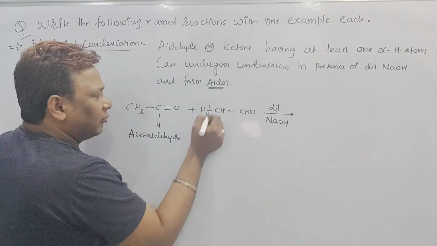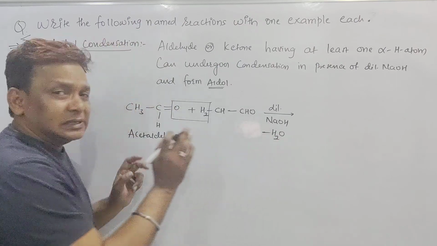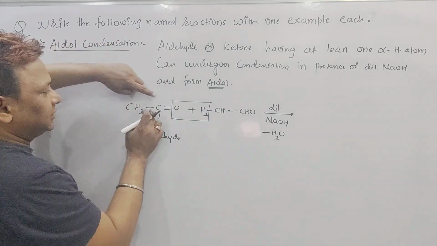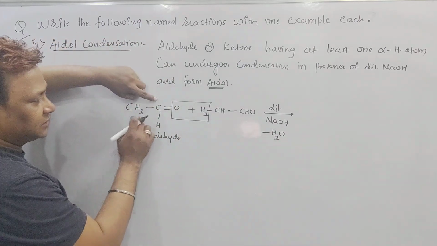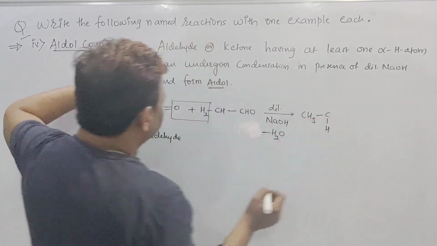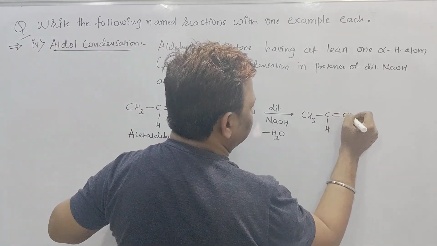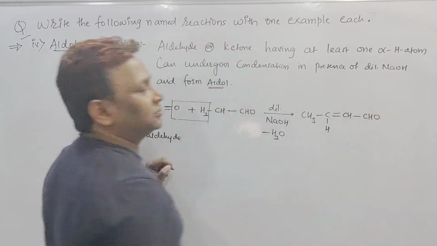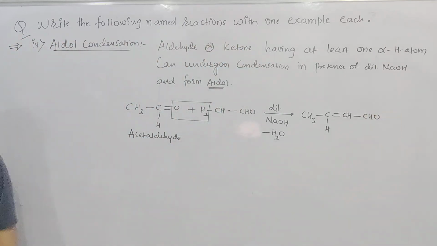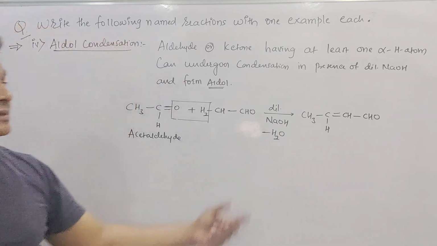But these H2 and O will come off. You remove the water molecule. What is left with you, sir? CH3C double bond O means CH3CH. Can we write with CH3CH? This double bond attached with this CH, double bond CH, and CH bonded with the CHO. Right, beta? The product obtained, which is the product we got here, this product obtained is called, right? It is a condensation product, beta. But actually they are asking what is an aldol.